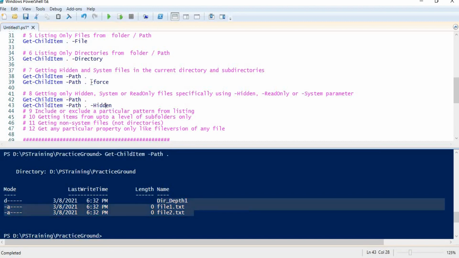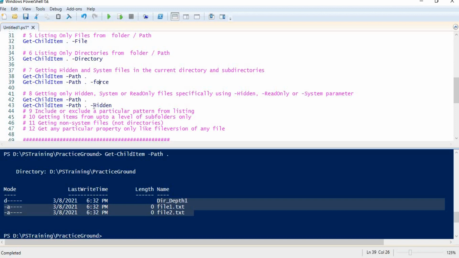We can use the Force parameter, but the drawback with this approach is that I will be getting all the hidden files, system files, everything that Force returns, but I cannot get a specific type of files only. Suppose I want to get only hidden files, I cannot get those using the Force parameter.